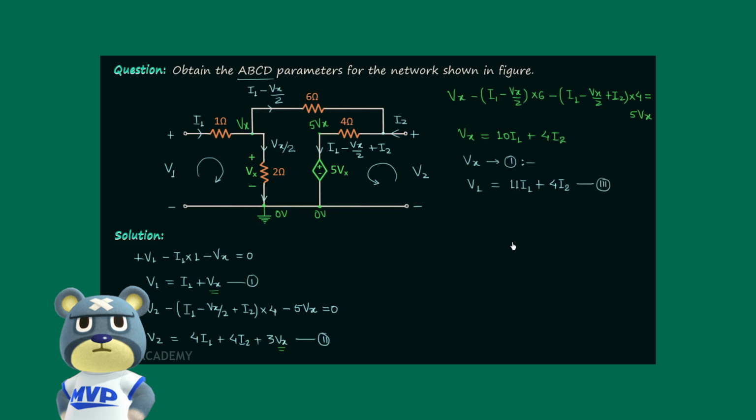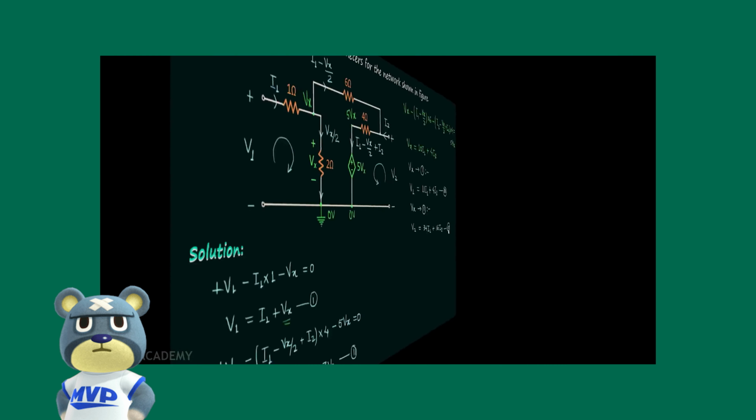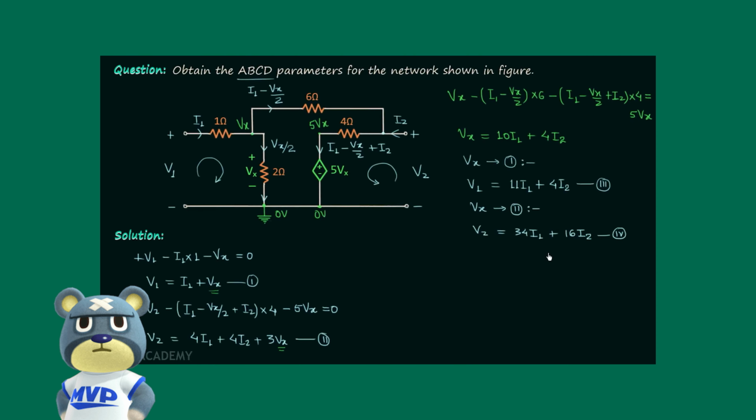And now we will do the same thing with equation number 2. We will put Vx in equation number 2, and this will give us voltage V2 equal to 34 times current I1 plus 16 times current I2, and let's say this is our fourth equation. In this way we have obtained the set of standard equations we have in case of Z parameters,